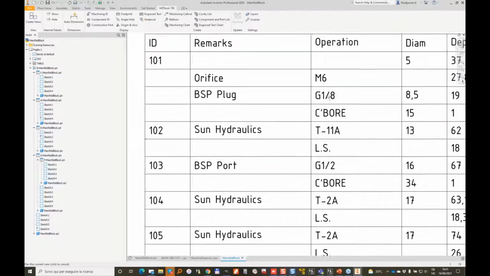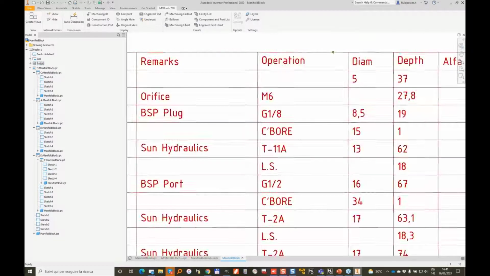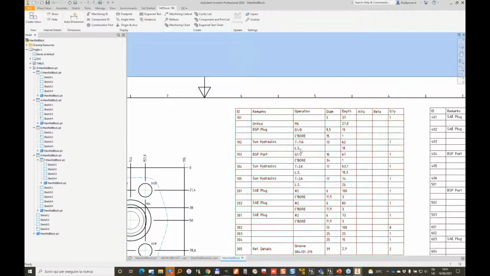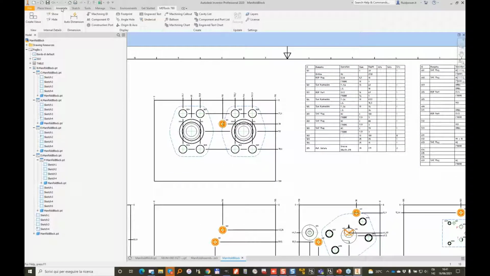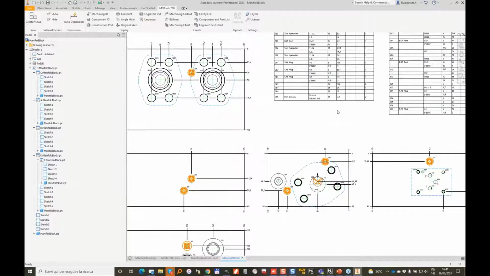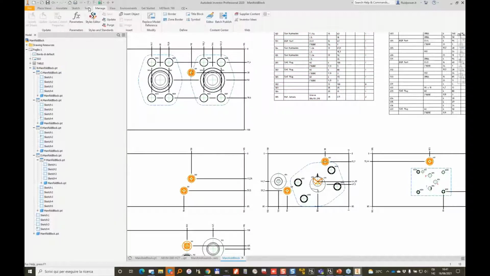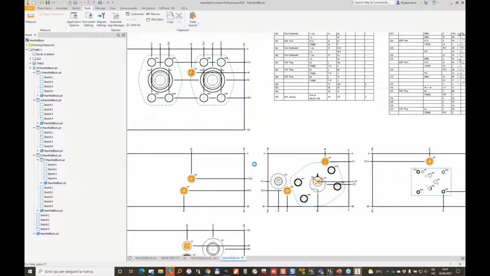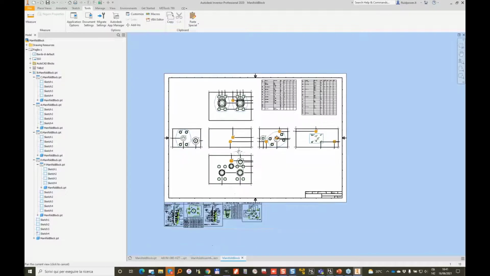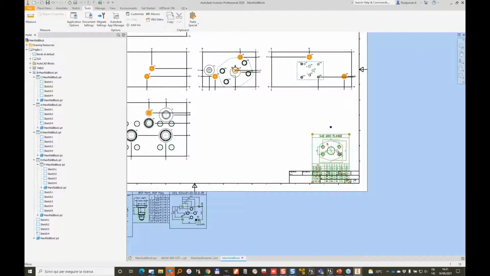So operation 101, there is a drill 5 by 37, there is an orifice, so the M6 by 27.8, then there is a BSP plug G1 by 8. And of course, in my style, I don't describe fully how the BSP plug or the cavity are made. I usually add some tables or cavity profiles. I have developed my own tool here, which I run now. And in this way, MDTools is adding, in Inventor, the sketches for the flange. I have a SAE 6000 flange, and then I need,